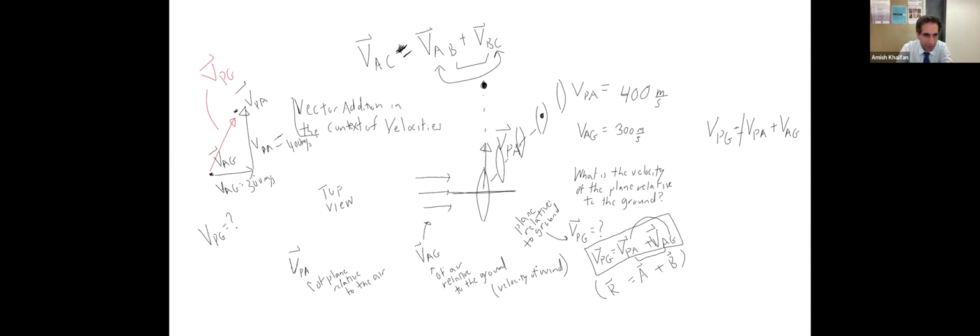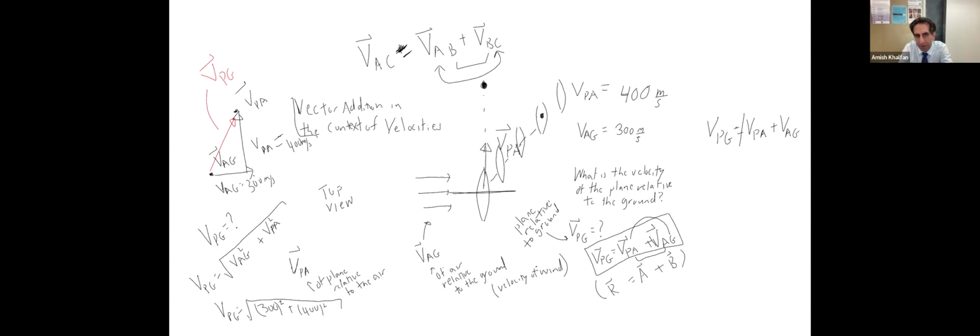That means the speed of the plane relative to the ground is the square root of the sum of those side lengths squared: VAG squared added to VPA squared. So the plane speed relative to the ground is the square root of 300 squared plus 400 squared. Okay. And if you work this out, it's a scaled up version of a 3, 4, 5